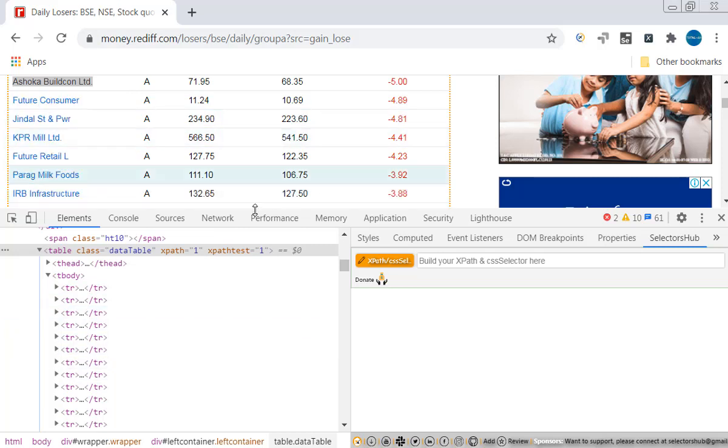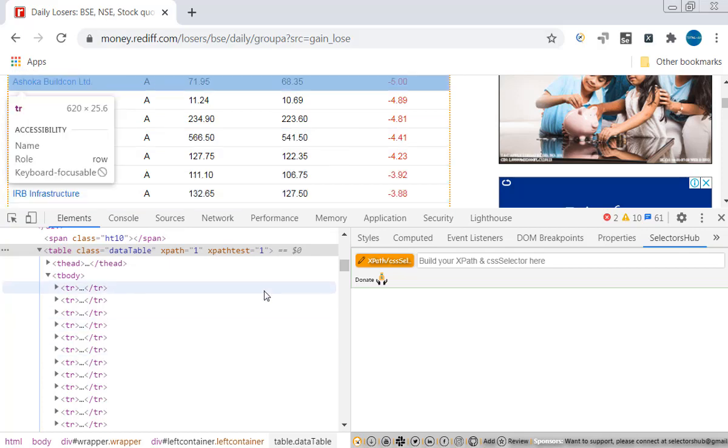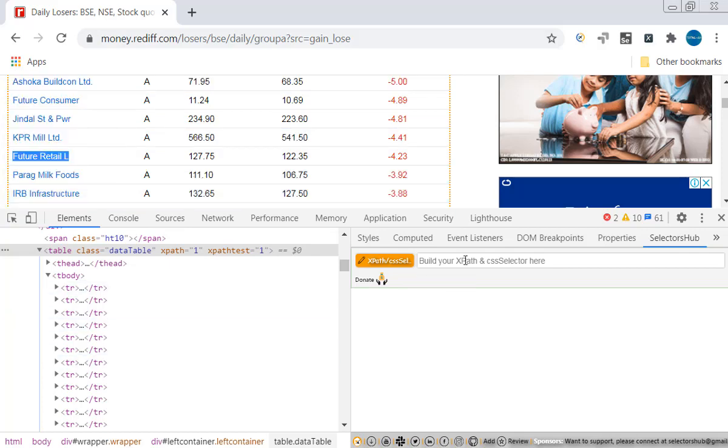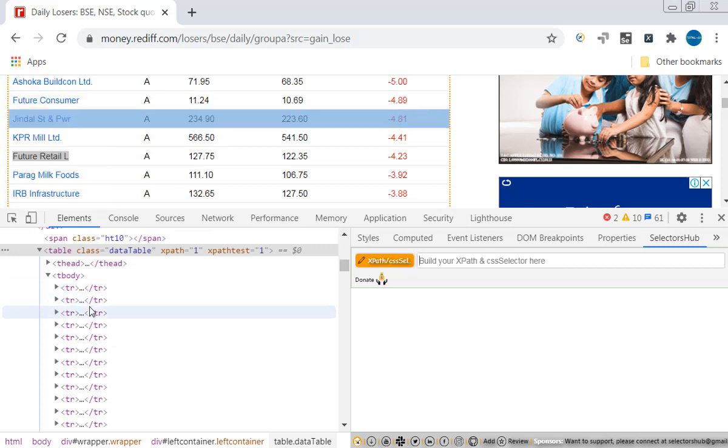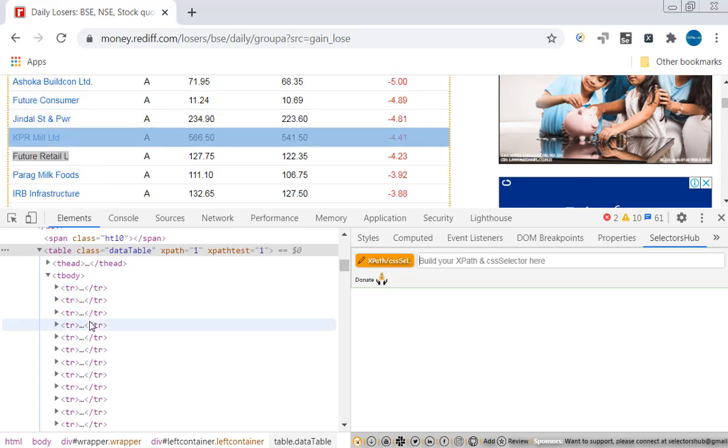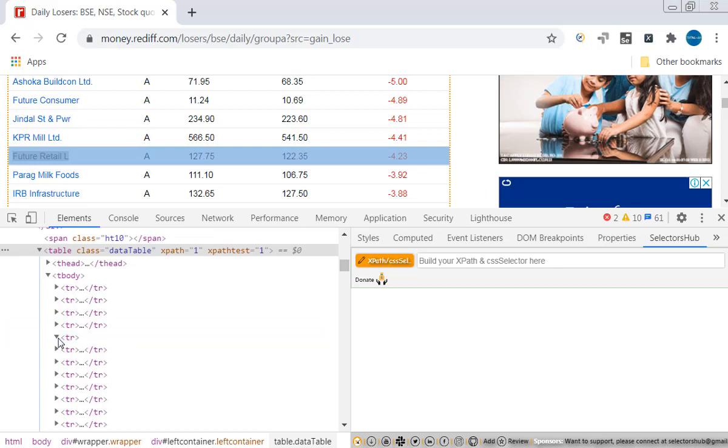Let's, for example, try to fetch the value Future Retail L. Copy this information and go here. I think it will be available in the first, second, third, fourth, or fifth row. Let me expand this fourth row.